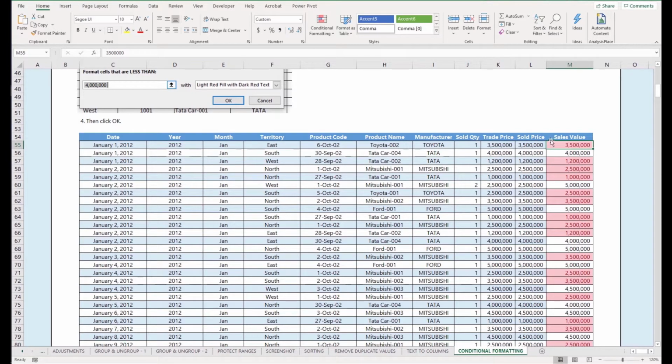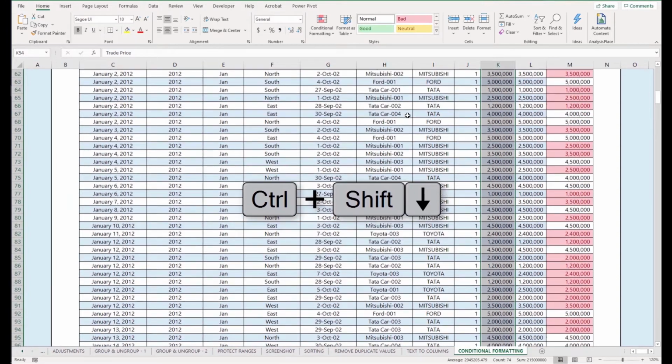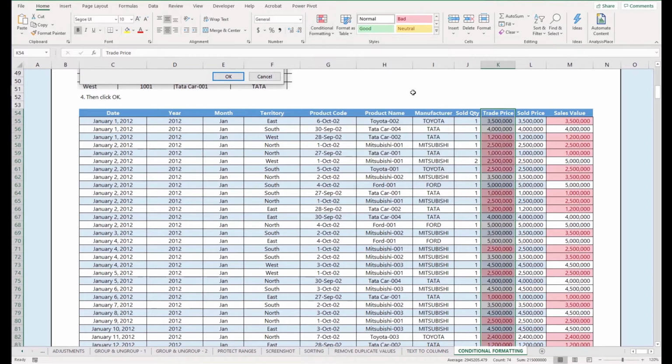Now keep in mind, I could apply a different conditional format in a different column here. So let's say I wanted to highlight any trade price that was less than $2 million in column K. I could do that in this column just by highlighting this entire column. Again, I'm going to press and hold Control and Shift, press the down arrow, and then I'm going to scroll back up, click on Conditional Formatting, Highlight Cell Rules, and this time I'm going to specify less than